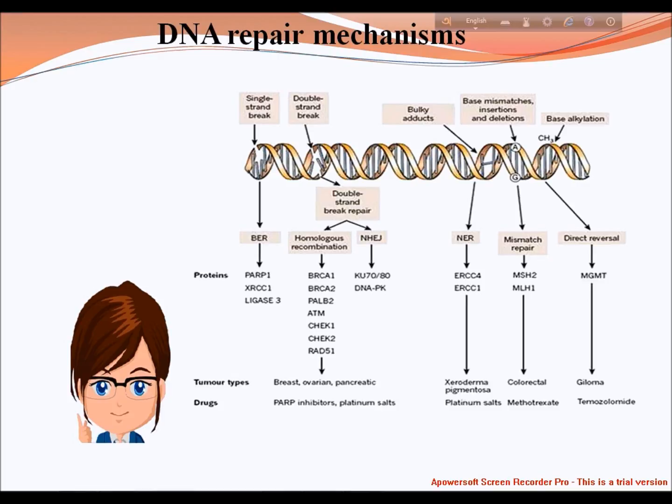Base excision repair repairs damage to a single nitrogenous base by deploying enzymes called glycosylases. These enzymes remove a single nitrogenous base to create an apurinic or apyrimidinic site, AP site. Enzymes called AP endonucleases cleave the damaged DNA backbone at the AP site. DNA polymerase then removes the damaged region using its 5' to 3' exonuclease activity and correctly synthesizes the new strand using the complementary strand as a template.